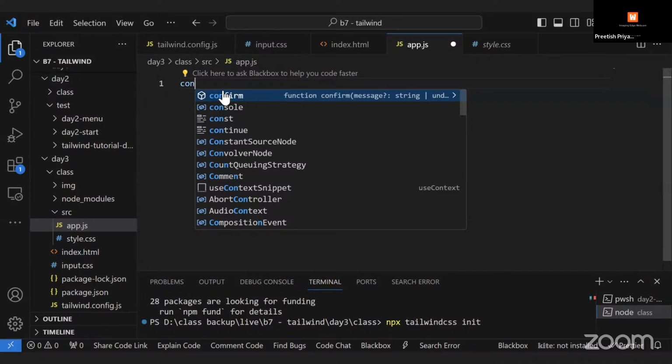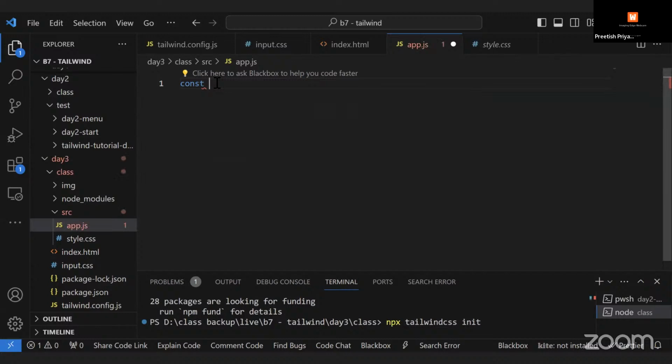Yeah. So let's work on this constant, hamburger. We need to select any item which we want. Okay, we need to select a specific item. So for the hamburger button, what we're gonna do is